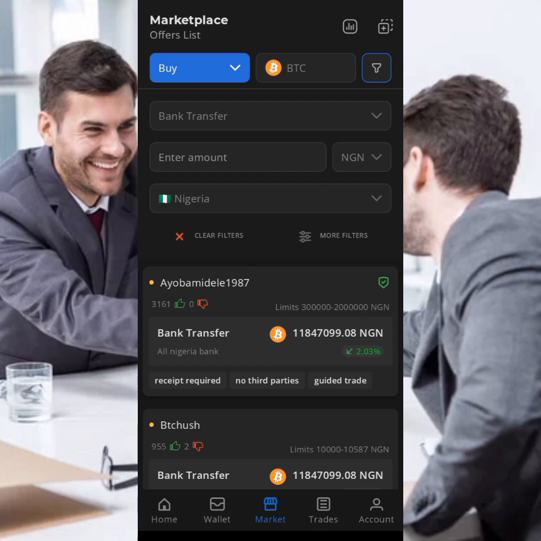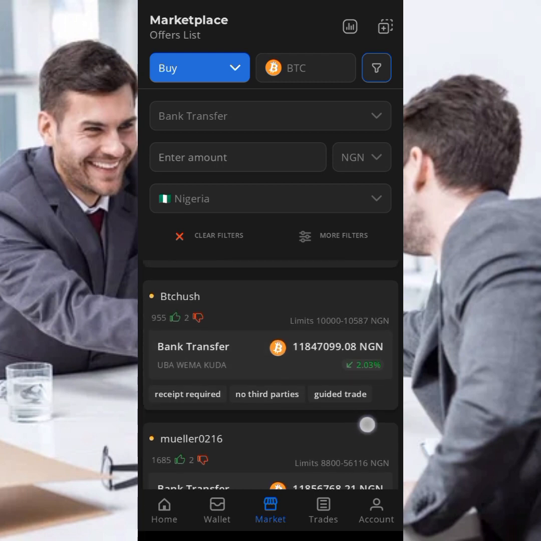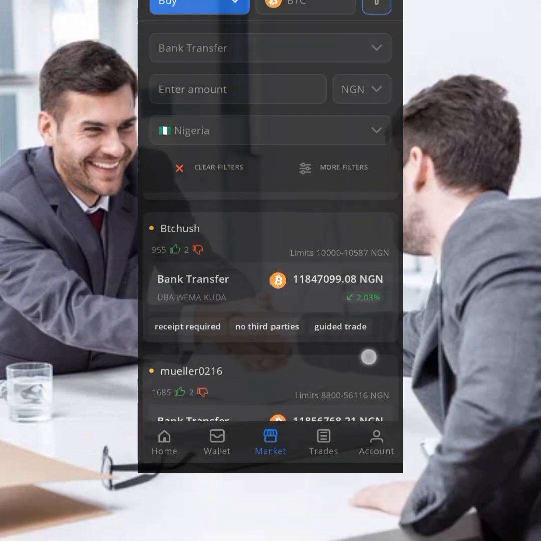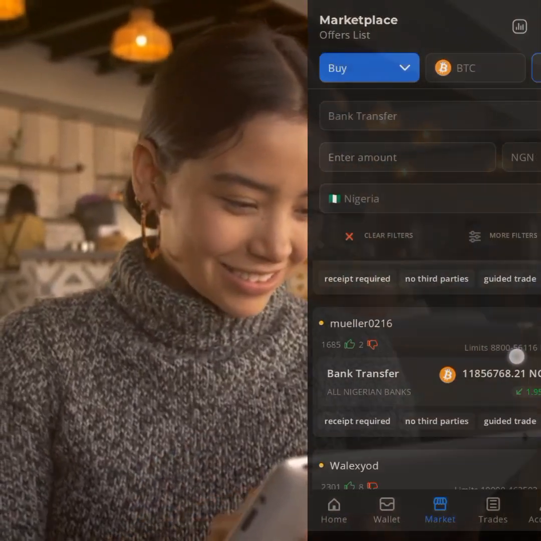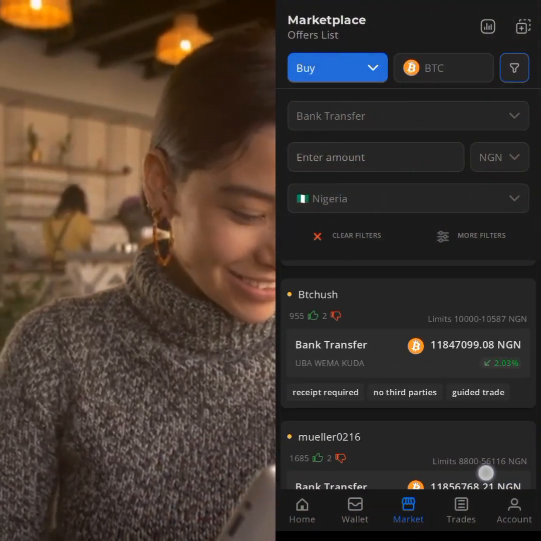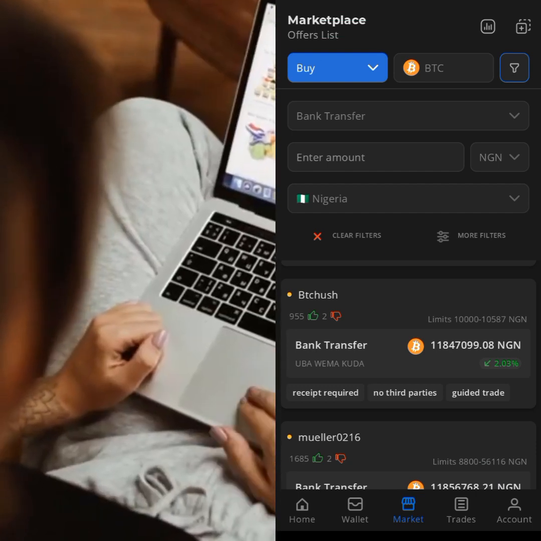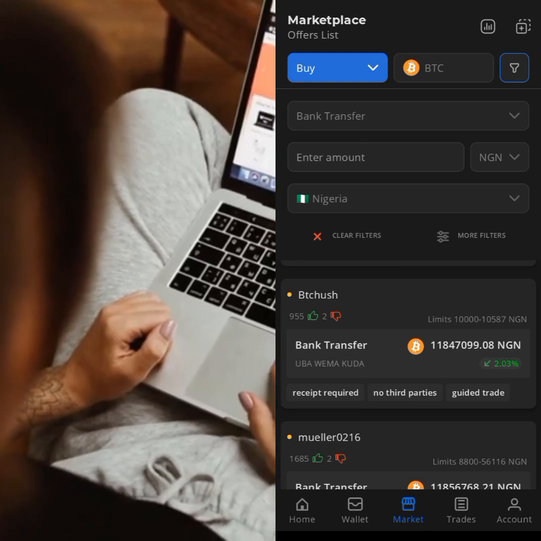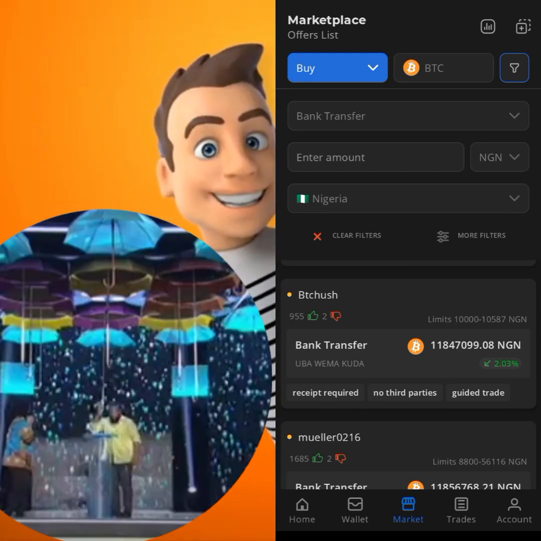And then, but let's say we want to use a lesser amount that people can afford. So I will quickly go down here and see somebody that is selling. Okay, this guy is selling from 10,000 naira to 100 thousand naira or something, but it's not available at the moment. So I will quickly use this guy. Not everybody really has that 500 or 300,000, but Paxful is mostly profitable, always profitable when you have a reasonable amount that you want to put into trade.